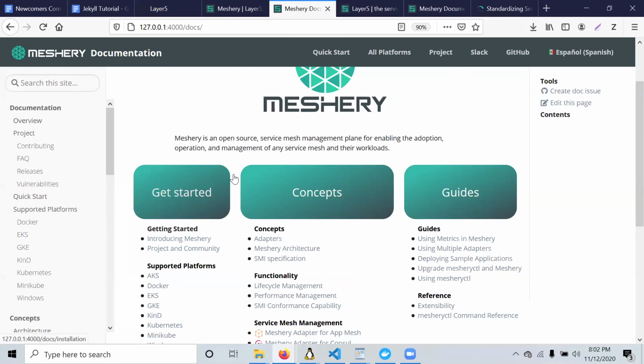That's how you work with Jekyll. This should set you up to work with 4 of the Layer5 side projects. The other one, Layer5 NG, works in Gatsby, and you'll find a tutorial for that on the Layer5 YouTube channel. Any questions so far? Feel free to speak up for anything.